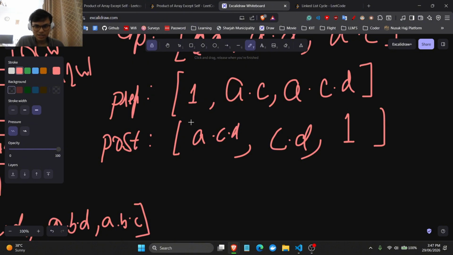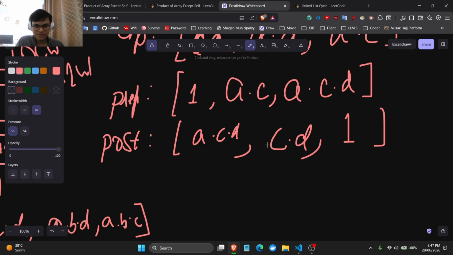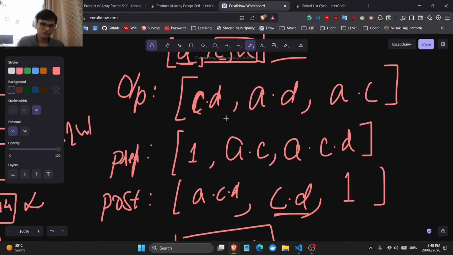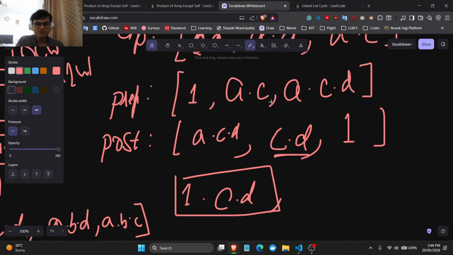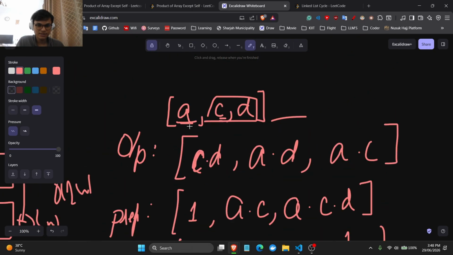Now if I want to get the output for A, what is everything, I will do prefix into postfix of this. So I have already got the postfix, because I know the postfix will be here. So I will do over here C into D and its prefix is 1, right? This is your first block found here. Then we have C. So we know C's prefix. We will get, okay, what is C's prefix? C's prefix here.